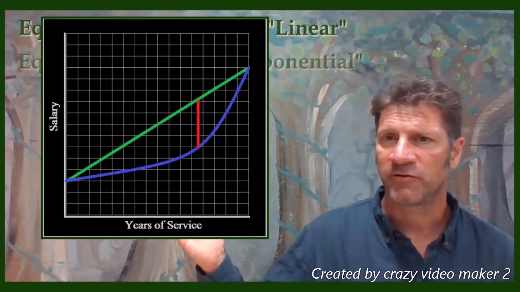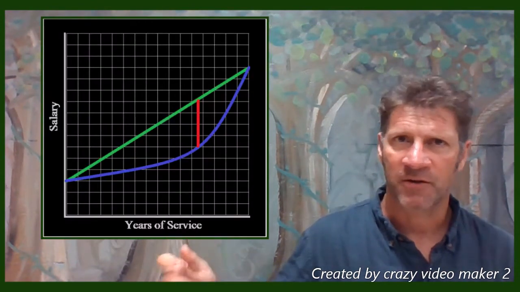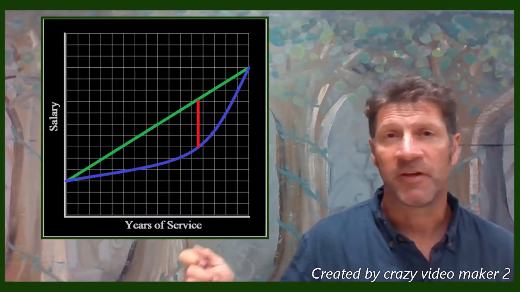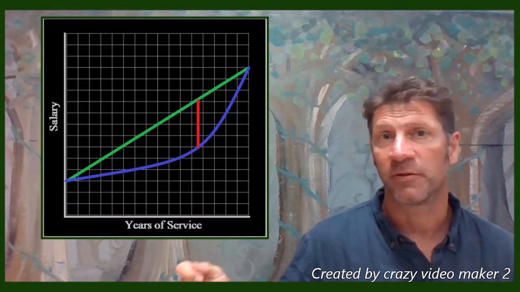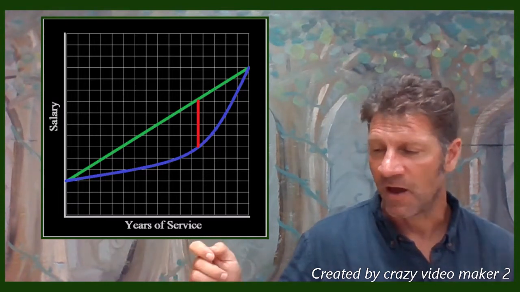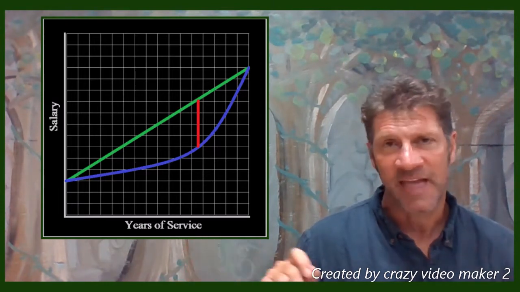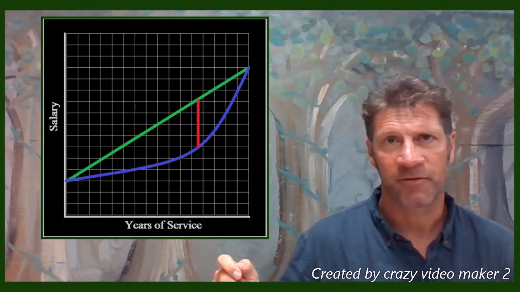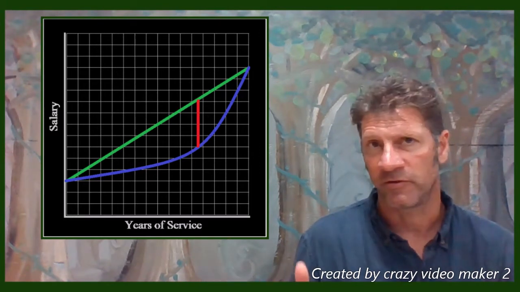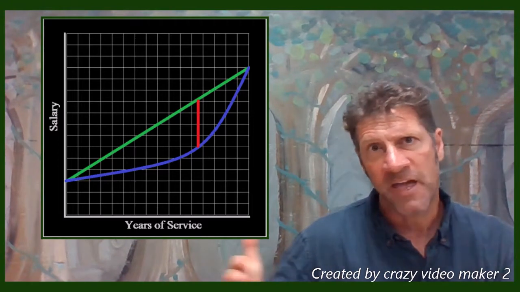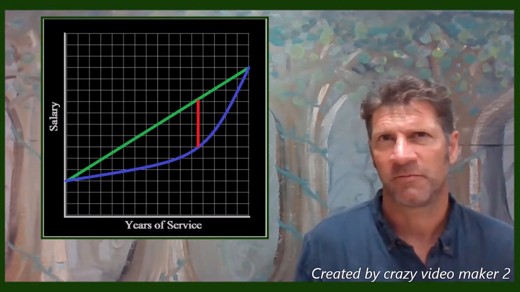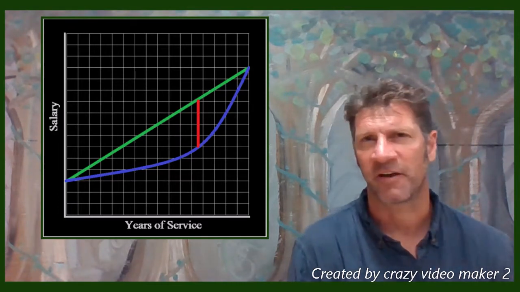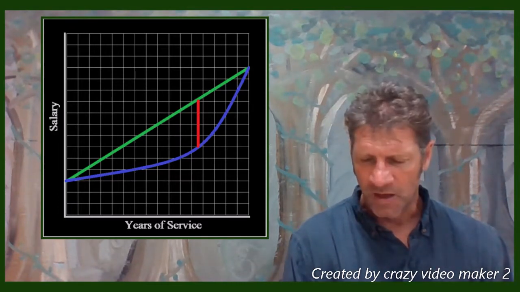And so right here you can see a graph of what a linear model and an exponential model look like. The linear one here happens to be the green line, and the exponential one is the blue curve that is below it. Now, there's a gap between these two, and that gap is the largest at that red line segment right there, which, the way this is set up, is a little later into somebody's career. It's not early on that the gap is really big. The gap is much bigger somewhere around year 20 or 22 for a Proviso teacher.